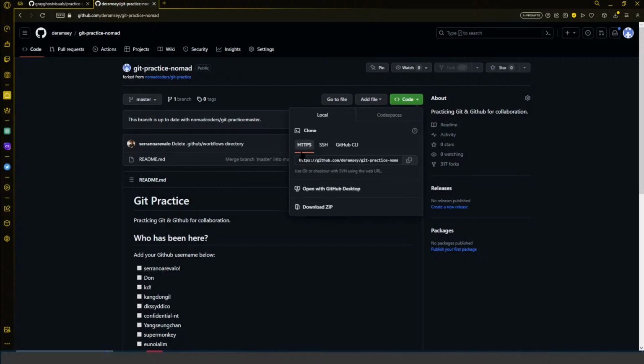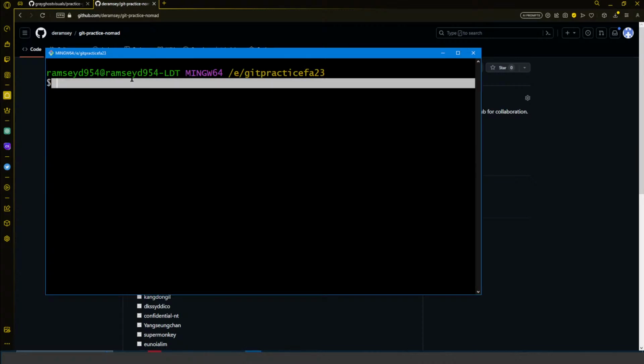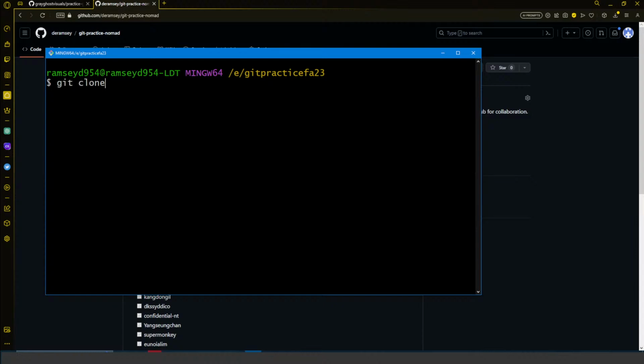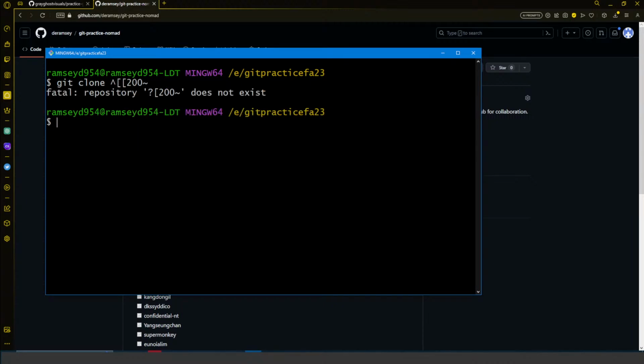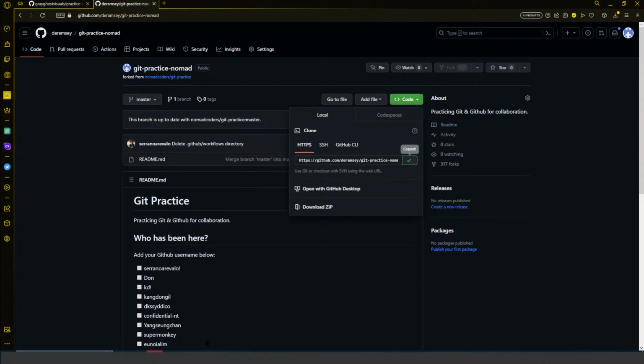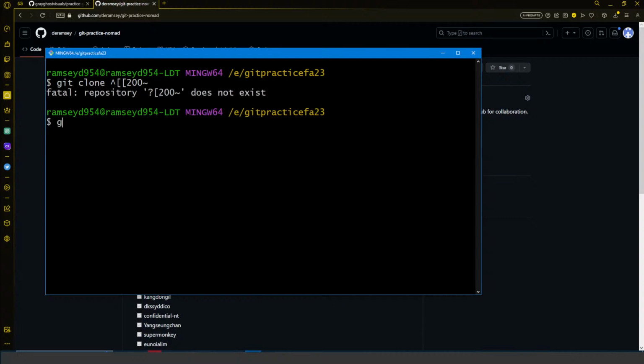I can see HTTPS here, and it gives me a URL. And I'm just going to click to copy that URL. And so the command I would want to run here to clone this code is going to be git clone, and then paste my URL in here. Didn't copy. Let's click it again to make sure it copies. There we go, copy. Git clone